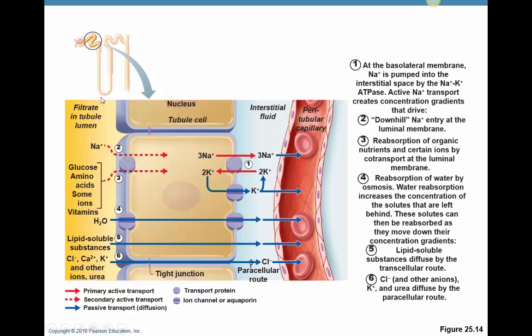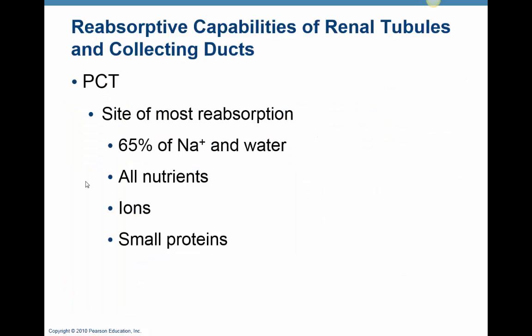So when we look at the proximal convoluted tubule, it's the site of the greatest amount of reabsorption. Most of the sodium and the water that's been filtered out from the glomerulus is reabsorbed right back to the blood at the proximal convoluted tubule. So 65% of the sodium and the water. All of our nutrients, which means glucose and amino acids, 100% are reabsorbed back in the proximal convoluted tubule. So we should not see a large amount of amino acids